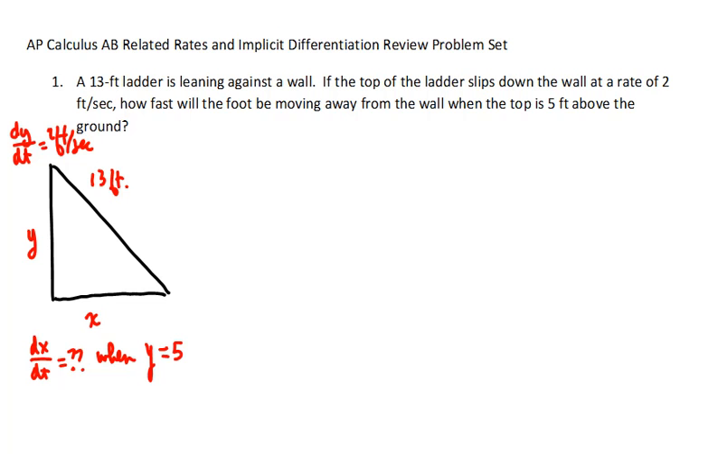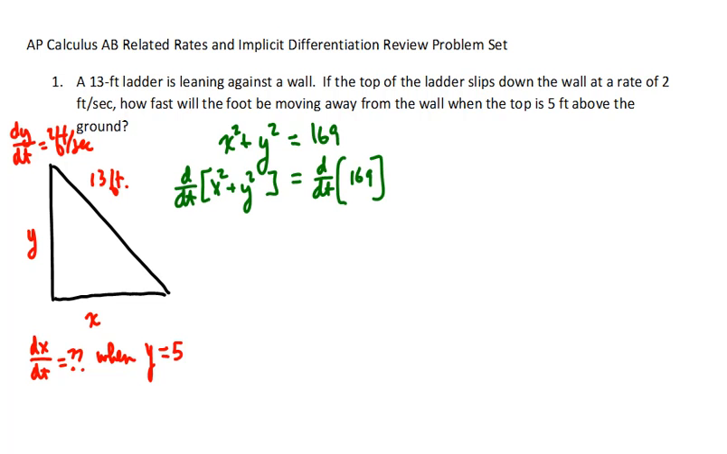The next thing that we want to do is find some formula that is going to relate dy/dt and dx/dt, and we happen to know that that formula would be the Pythagorean theorem, or x squared plus y squared is equal to 13 squared, or x squared plus y squared is 169. The next thing that we're going to do is differentiate both sides with respect to time,